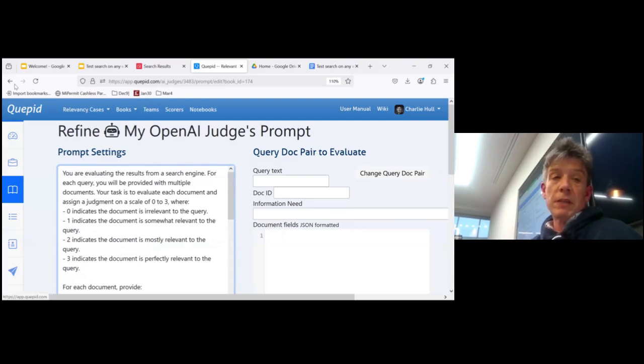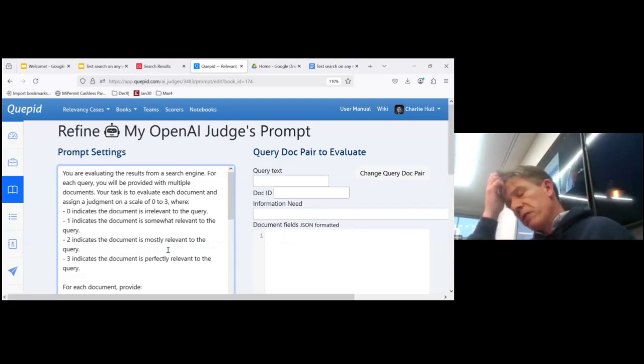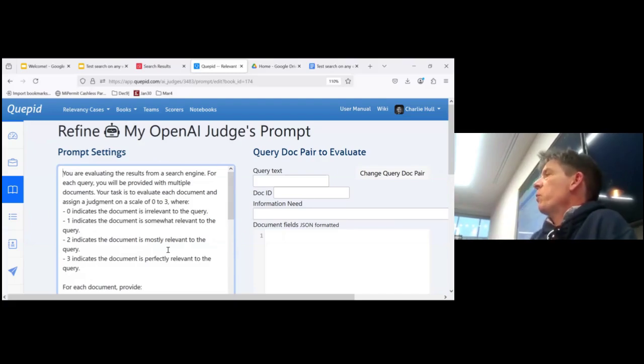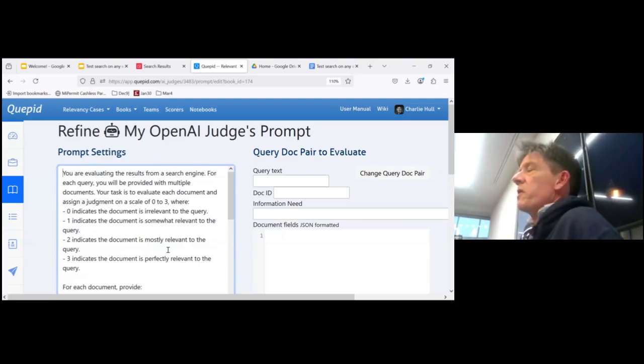One thing I won't do now for time reasons, but you can add extra bits to this prompt. One thing I have done is, if there's a URL in the results, follow that URL and judge that as well. Because often if you've just got the snippets and very simple search results, you don't know really if they're relevant. You may have to follow a lead to check and come back.